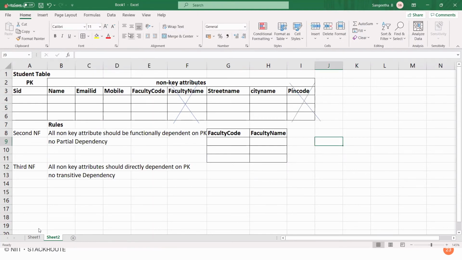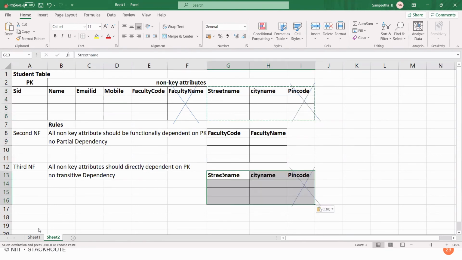So what I will do is I will be removing it, and I'll be having a separate table called street name, city name, and pin code. So by splitting,